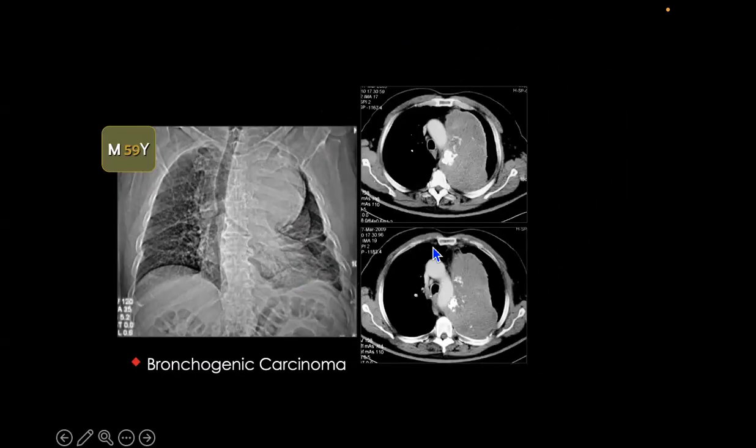Here we have a 29-year-old male. We have an opacity here at the left upper zone, and it's well defined. We have to remember the left side is the side of great vessels, especially the aortic arch, the descending aorta, and even the neck vessels, and the upper limbs, of course. So when you have an opacity here, usually put at the back of your mind, it could be vascular. A vascular thing could be an aneurysm or anything like that. But this was a tumor. It's just close to the vessel. This one can be biopsied, of course.